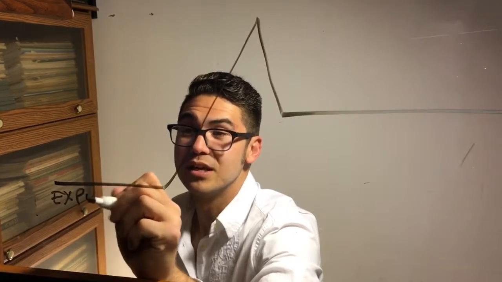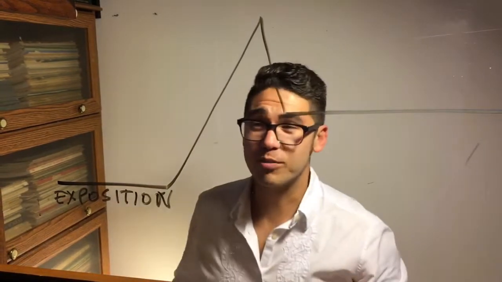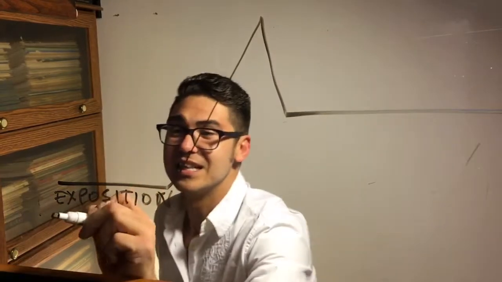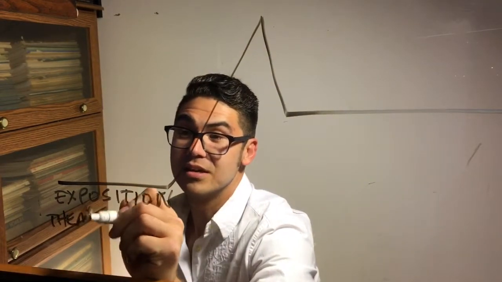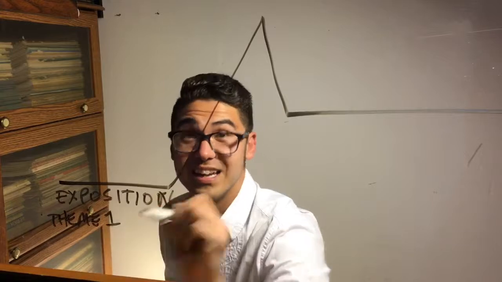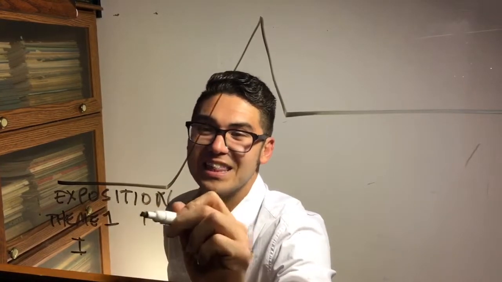And let's look at the plot graph. In the plot, you'll always have an exposition, just like in any piece of music. So here's your exposition. This is a point in the story where we meet our hero and villain, or protagonist and antagonist. In this case, our characters are theme 1 in the tonic and theme 2